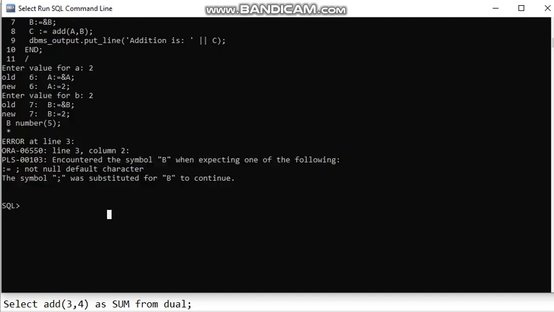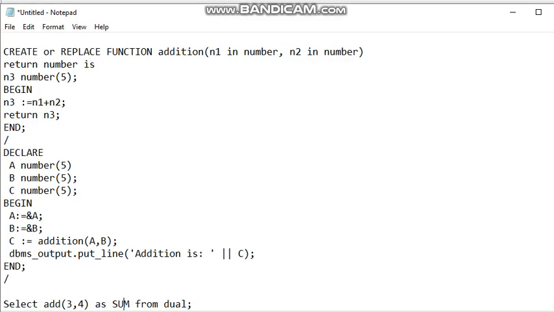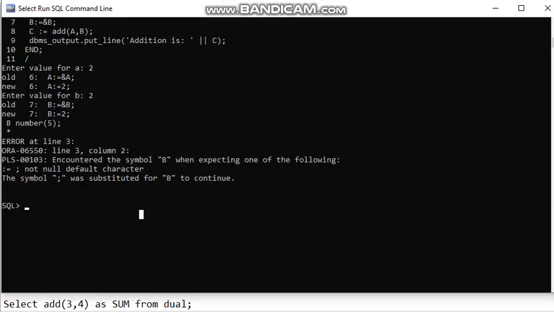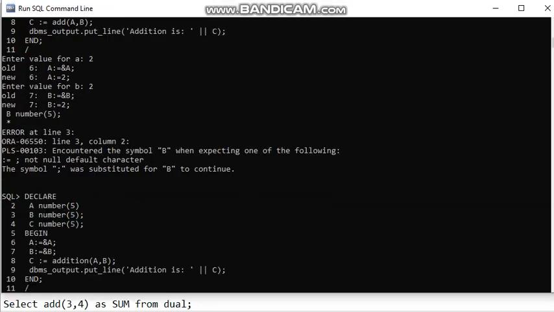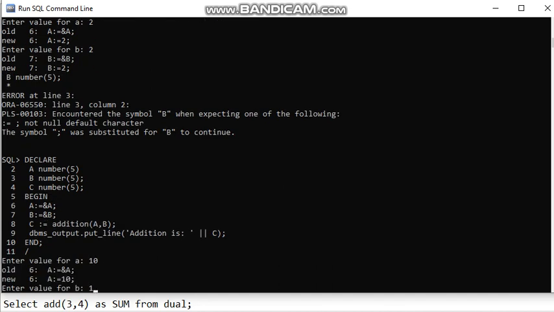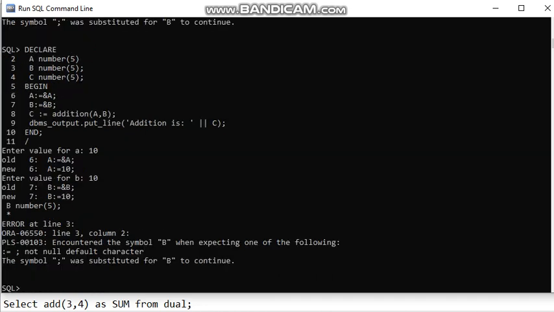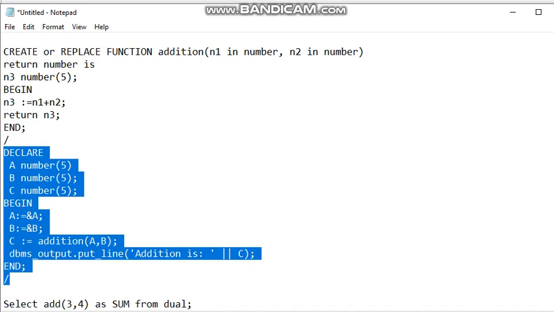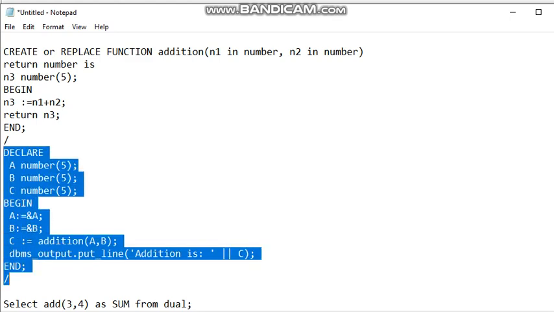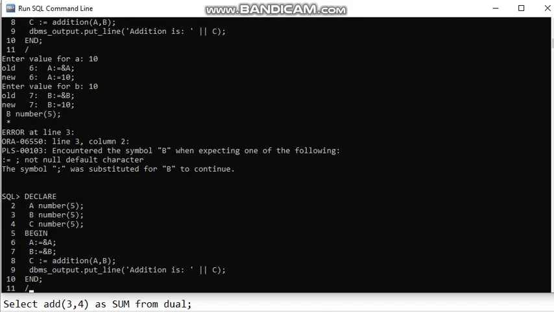I'll be pasting it again. Control V. Okay, I think it does not get copied. Let me just Control C, go to here and then Control V, enter. Now it is taking a value, so I'll be putting the first value as 10, the second value as 10, and then B is a number. What is it giving? B is expecting one of the following. Okay, here a semicolon is missing. Let me just give a semicolon here with A. I'll be executing it again. Control V, and